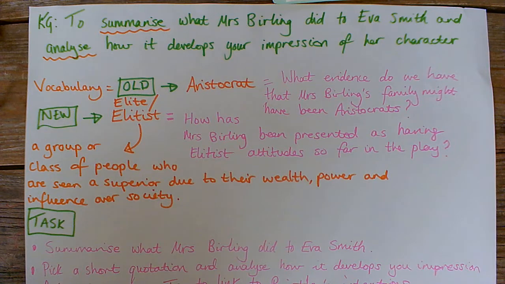So it could well be that he was lower middle class and Mrs. Birling was upper middle class. But it equally could be that she was from an aristocratic family who married Mr. Birling when he was an upper middle class man, simply because her aristocratic family needed more money and Mr. Birling had it. So Priestley leaves that all very, very vague,